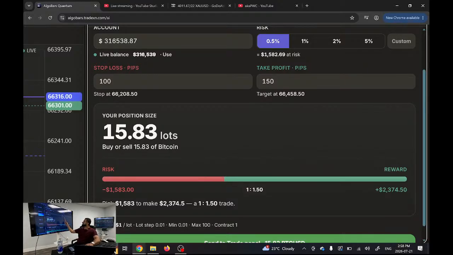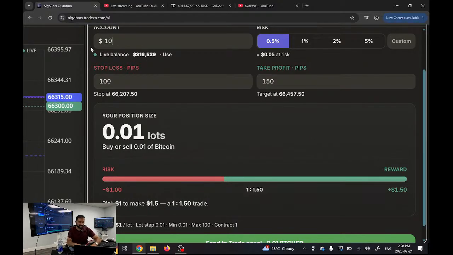And then if I set my take profit to 150, my reward on this trade is 2,300. So let's do this with like a $10,000 account. Okay, so let's say I have a $10,000 account. I want to risk 0.5%. Okay, and I want to set my stop loss at 100 points, and I want to set my take profit